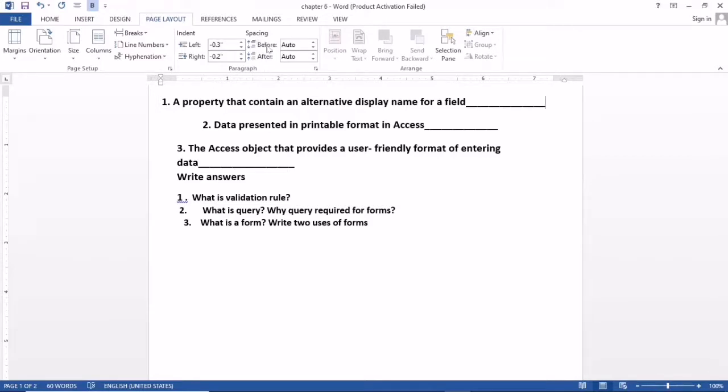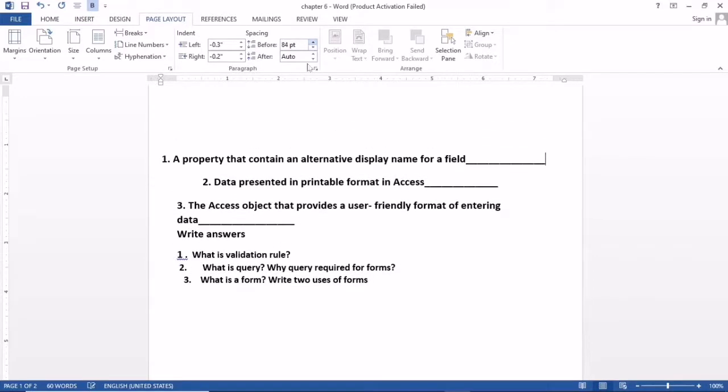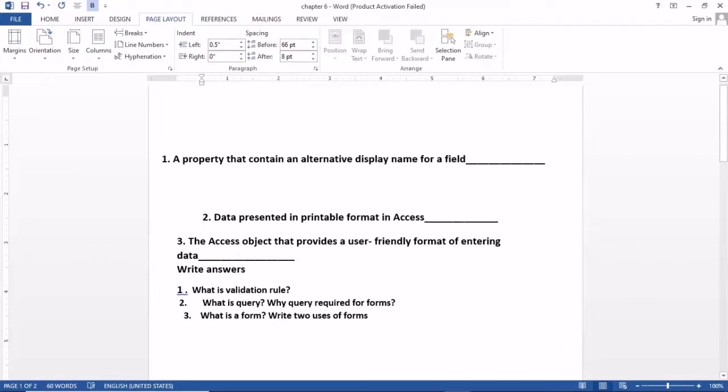Now spacing between the paragraphs. This is already auto selected. If you change it, for example, you can see its gap will be increased from the front because the cursor is here. If I put the cursor here and apply here, you can see the space between these two lines of the paragraph will be increased. Actually this is considered as one paragraph.